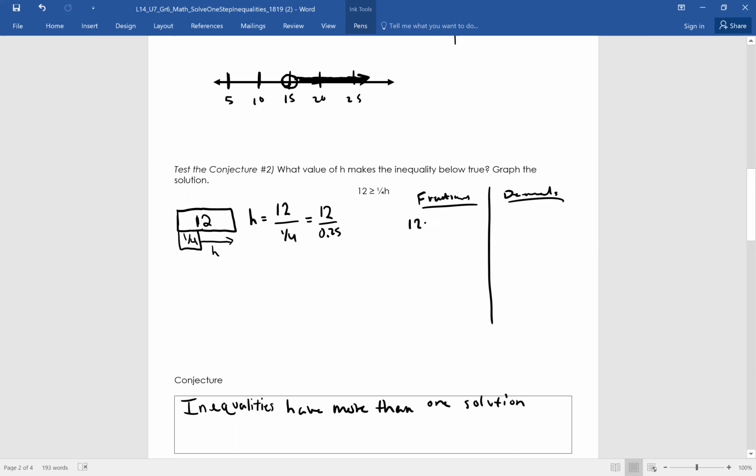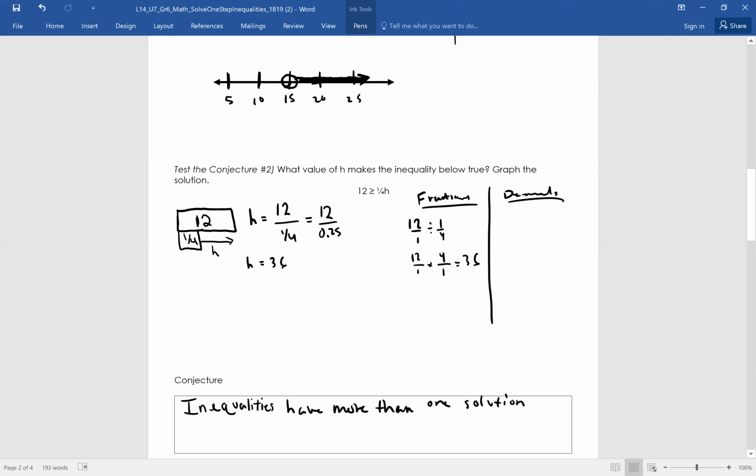So 12 divided by 1/4. I recommend this way because it's kind of quick. Remember, multiply the dividend by the reciprocal of the divisor, which gives me 36. So H is equal to